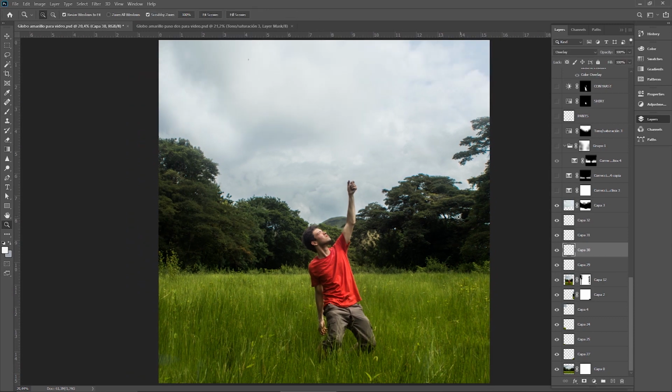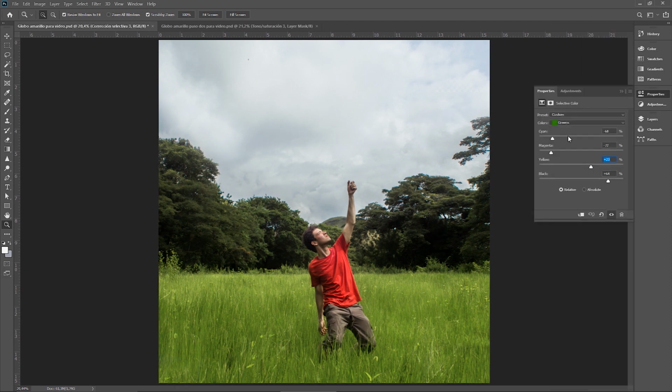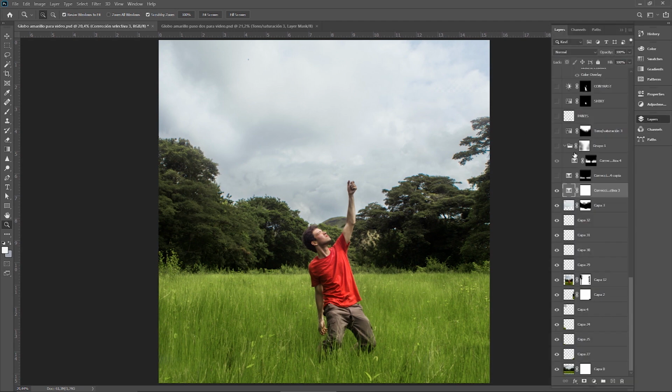Then I noticed that these green tones are too saturated and I don't like that. So I started using adjustment layers. This is a selective color adjustment layer. What I did here to change the tones was to play with the greens and the yellows. I took a lot of the yellows off and then played around with this and the greens to achieve this tone. I did it again, but this time using a layer mask to make the background a bit lighter,